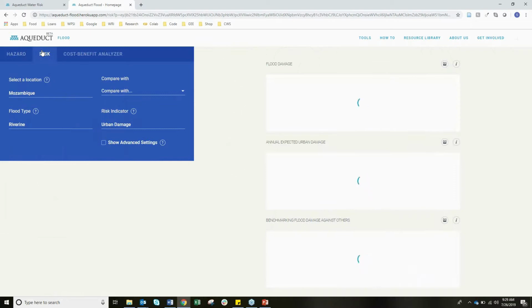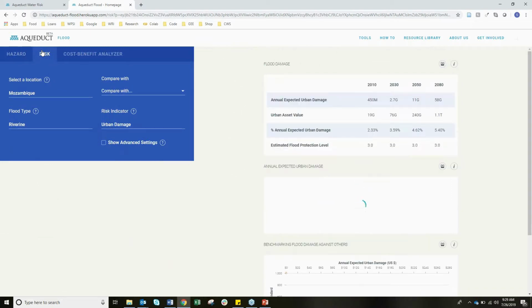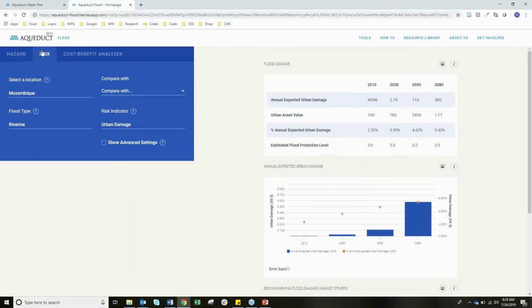So this tab calculates flood risk for the years 2010, which is our baseline, 2030, 2050, and 2080. Here you can investigate how flood risk will change through time due to climate change and socioeconomic drivers. As a default, we'll display the results using a business as usual scenario, which is based on the IPCC pathways. But users can also examine optimistic and pessimistic scenarios by clicking on the Show Advanced button.